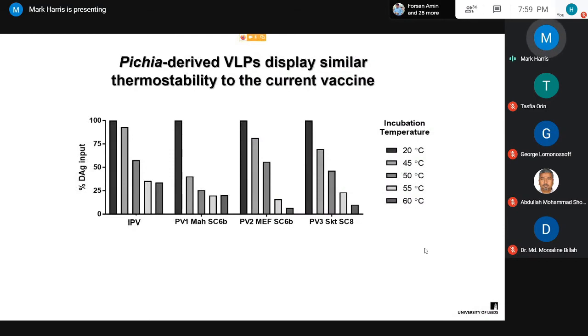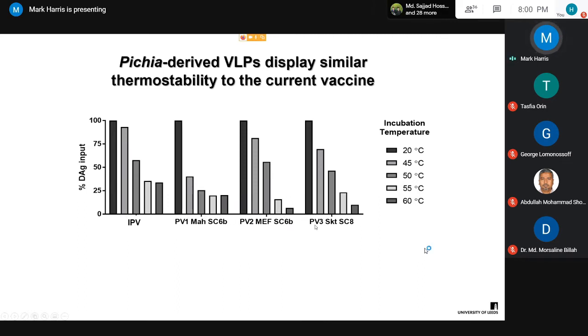So how stable are they? Well, to look at stability, we look at the level of native antigenicity, which we call D-antigenicity, over temperature. And we compare this to the current vaccine. Bear in mind that the current vaccine, the IPV, is also cross-linked, so it is going to be particularly stable. But over time, over temperature, we're able to stabilize our particles pretty well by